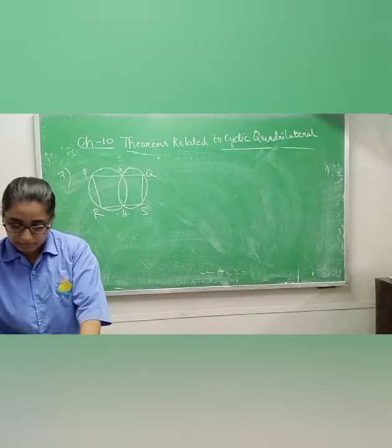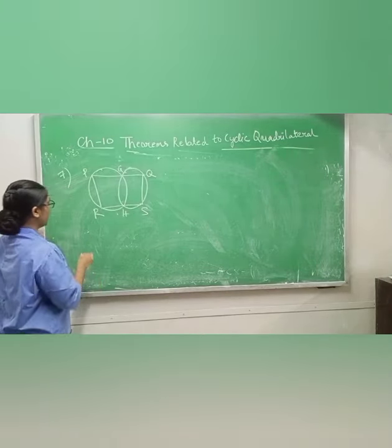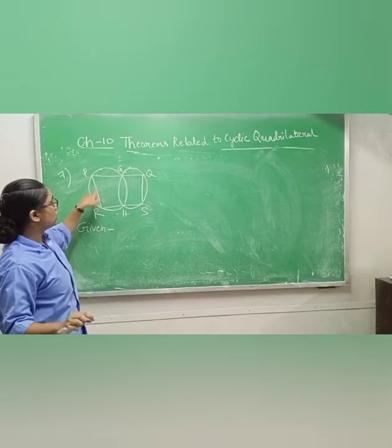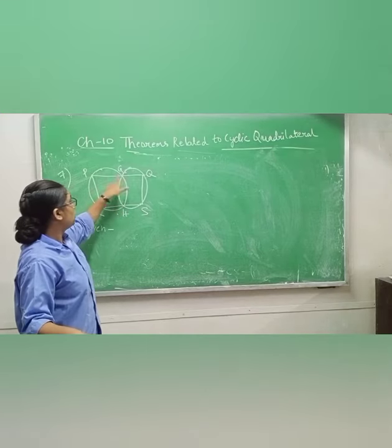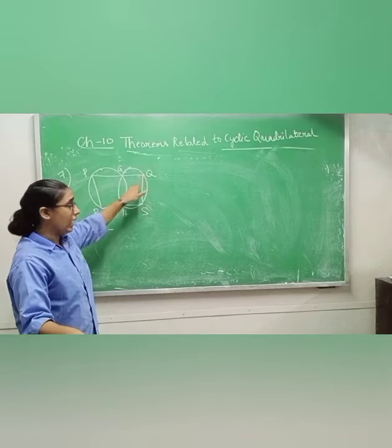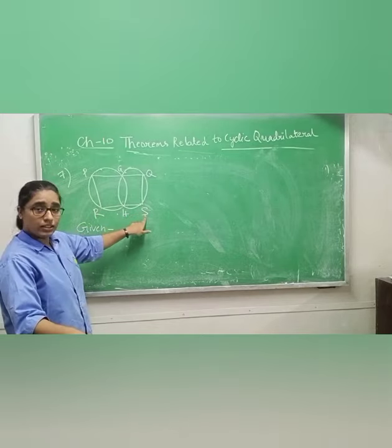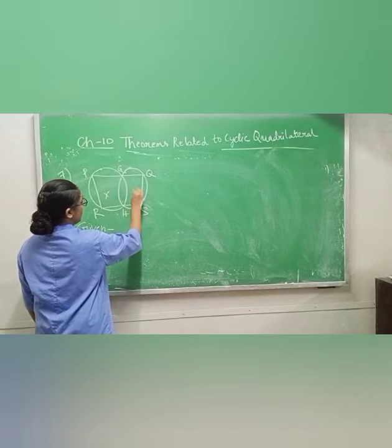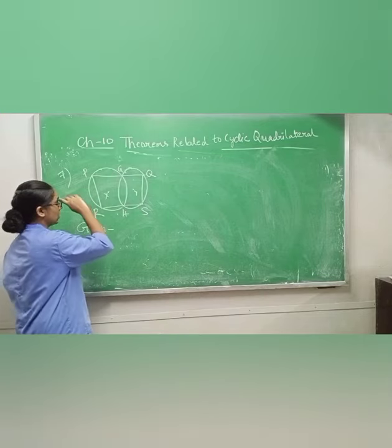Same as we have done in question number 4. Both are the same. In the given part from your book, you can write that two circles intersect each other at the points G and H. Through G, one straight line is drawn which intersects at points P and Q, and from H, a straight line is drawn which intersects at the points R and S. This one I am taking center X and this center I am taking Y, same as in 4. Only two lines will be moved, nothing more than that.